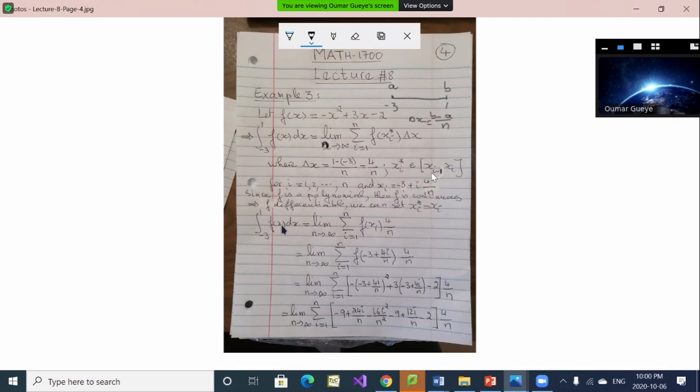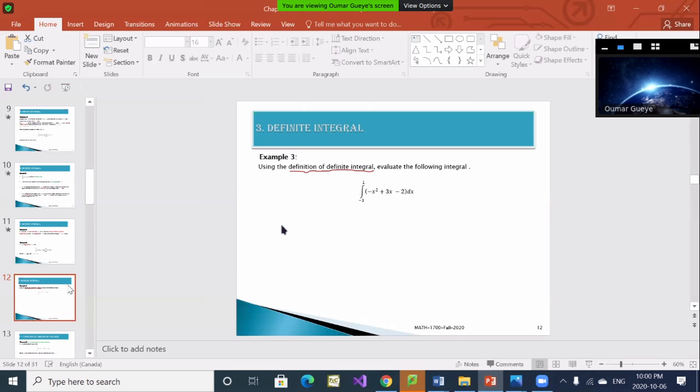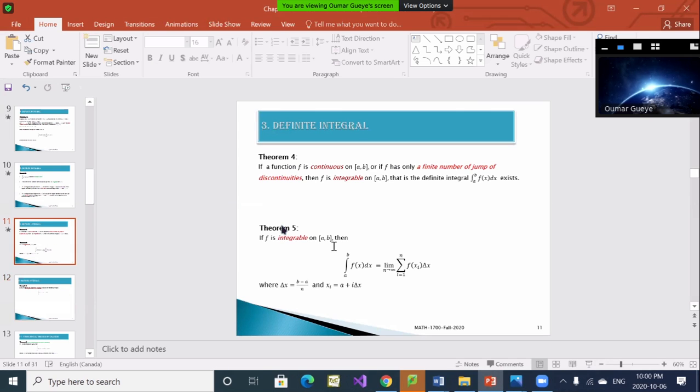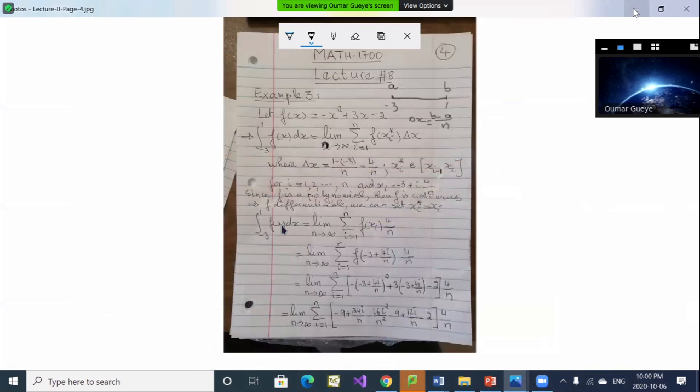It's any simple point from this interval. So it means I can pick any number from here. But I don't want to, I just want to simplify my calculation. That's why I'm going to use what the theorem says here. I want to use theorem number 4 and 5. And what theorem 4 says is